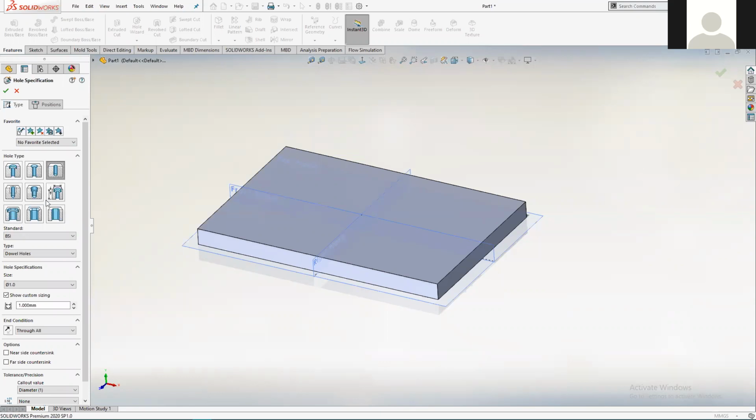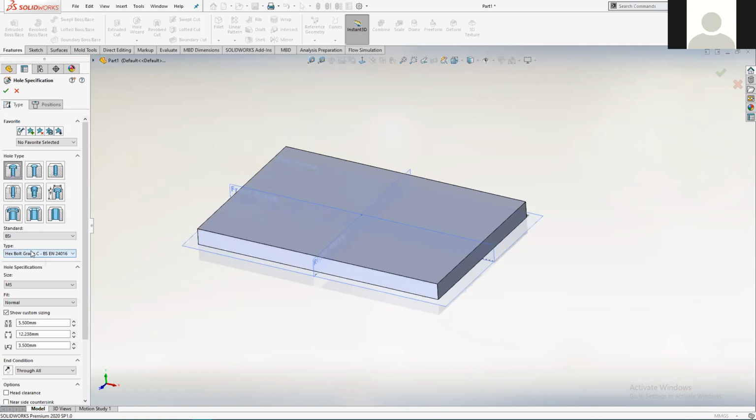So you've got your basic hole types. So let's select the one that we intend to use. So counterbore. Click on counterbore. Then let's have a look at some of the options down here. So we've already talked about the standard that we're going to use, BSI. And then for a counterbore,